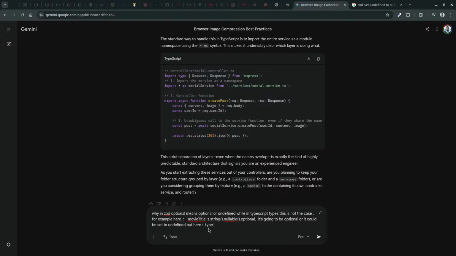But here, type is equal to x plus string. X cannot be set to undefined. It could be optional.